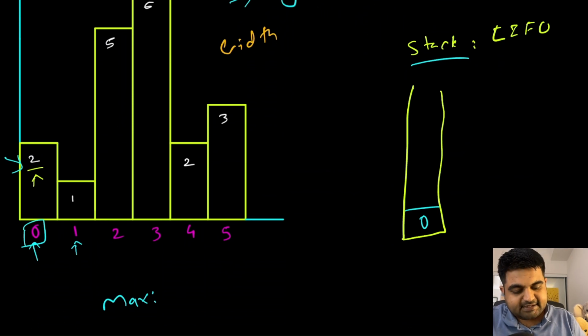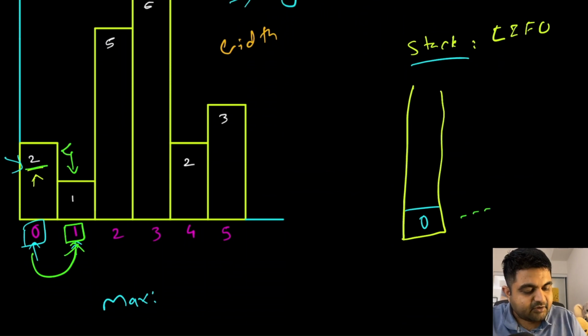Now next, we iterate over to the next element and we identify that we are at index position 1. The height at this index is less than the height of the element already present inside the stack, which means this element 2 is no longer relevant, because we found a lesser value, so it only exists until this portion. So we will pop this element out